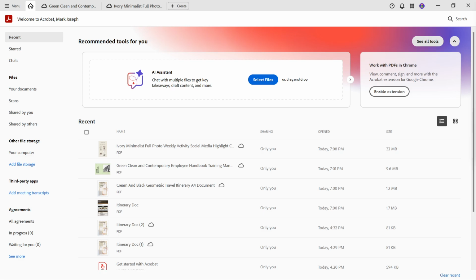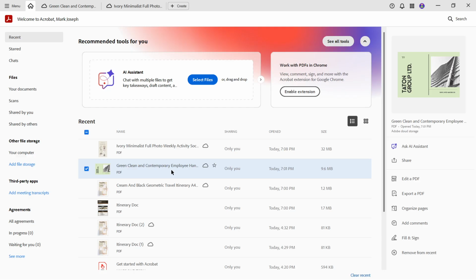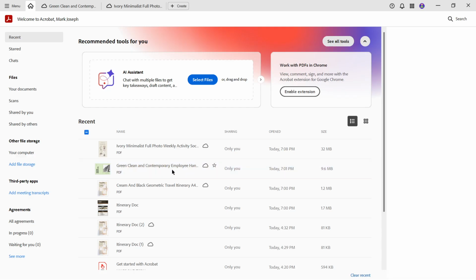First, open your Adobe Acrobat Reader application. Once you're on the home page, you will see an option to click on a recent work or create a new one. This step is about finding the document you want to add bookmarks to. If you have been working on a document recently, it should appear in your recent files. So go ahead and click on the recent item, which is likely the document you wish to continue with or